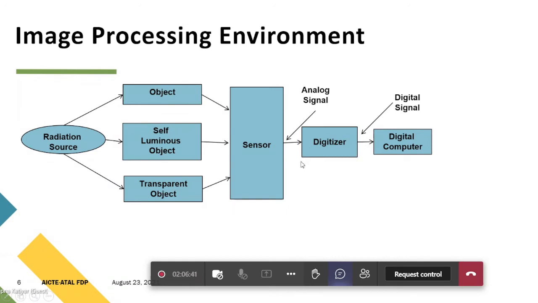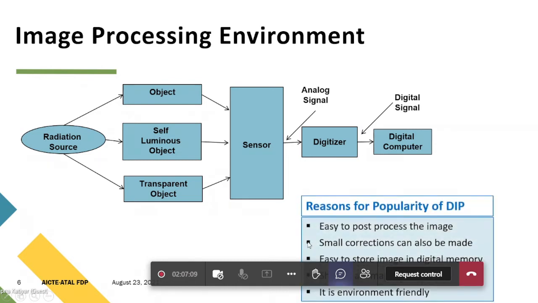The digitizer converts the analog signal into a digital one. Then it is available for your computer, your supercomputer, where it can be processed, or from that image you can extract information, perform analysis, or extract features or attributes. So this is a simple image processing environment.